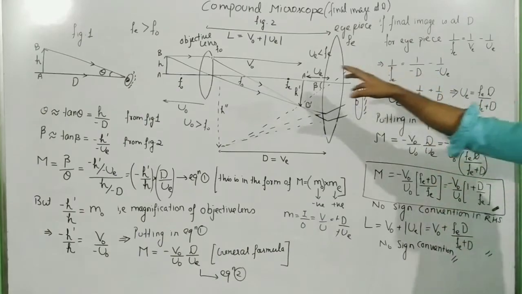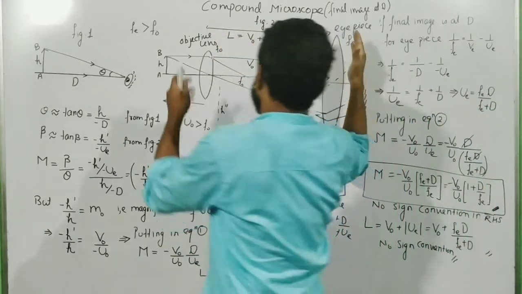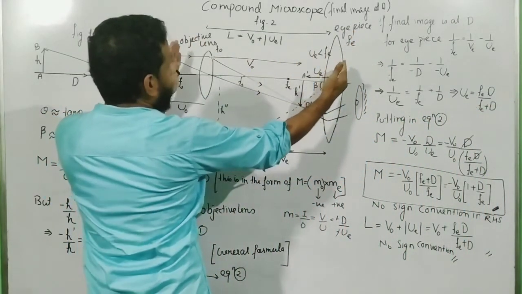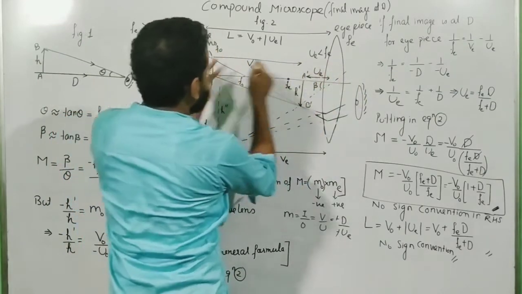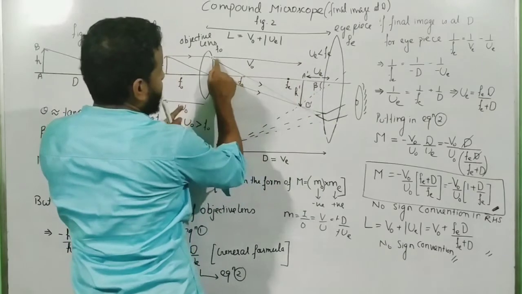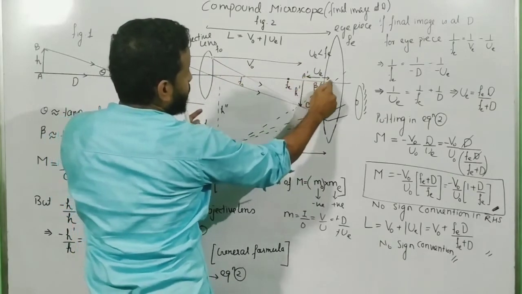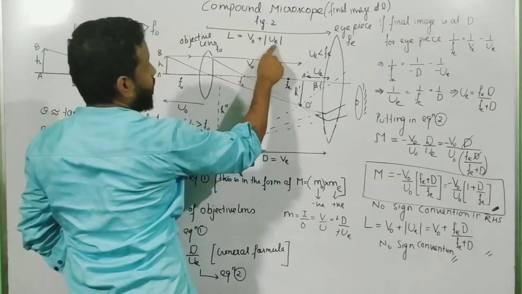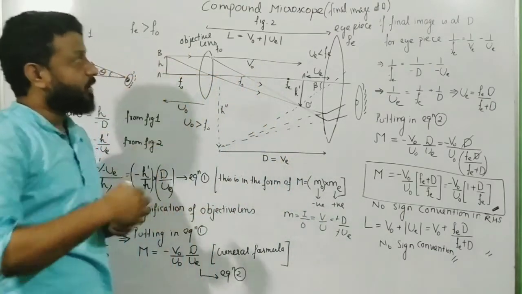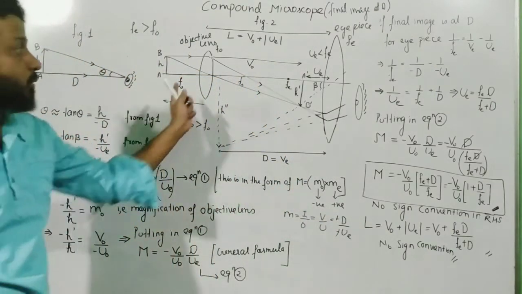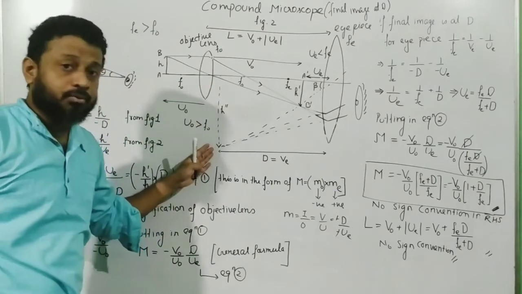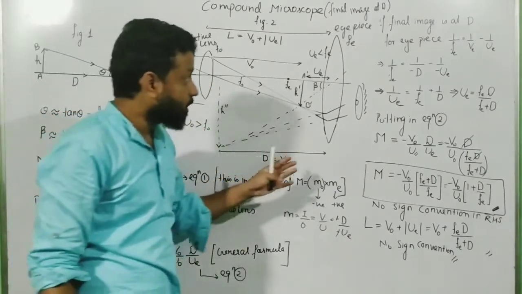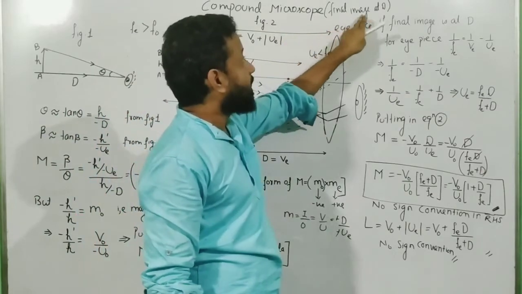Okay. Now come back to the length of the tube. Now this is what we call the length of the tube. The length of the tube is basically the distance between the objective and the eyepiece. And if you see this geometrical arrangement over here, this is V naught. This is UE, so length of the tube is V naught plus UE. Okay, this plays a very important role. When you adjust it, this is why you are adjusting it, so that we can be focused at the distance of least vision. For under this category, final image at D.